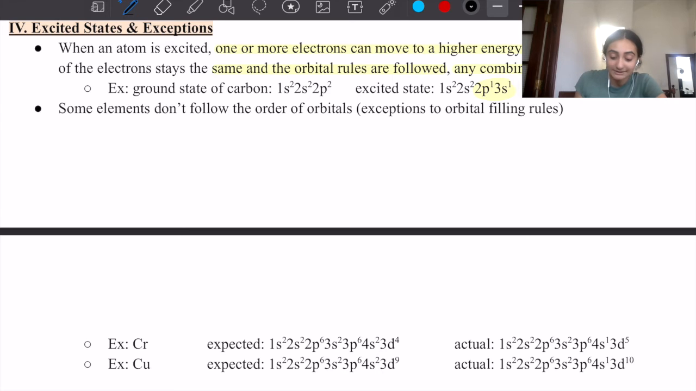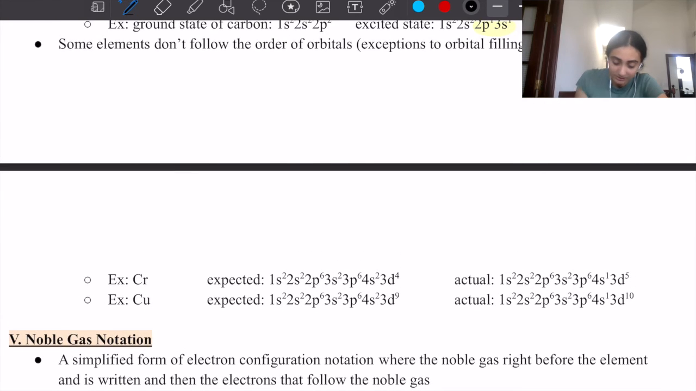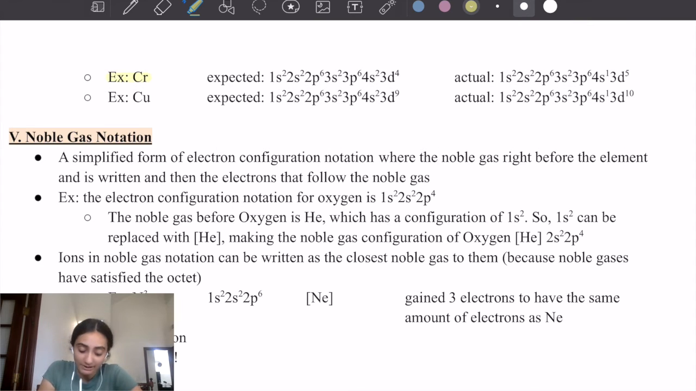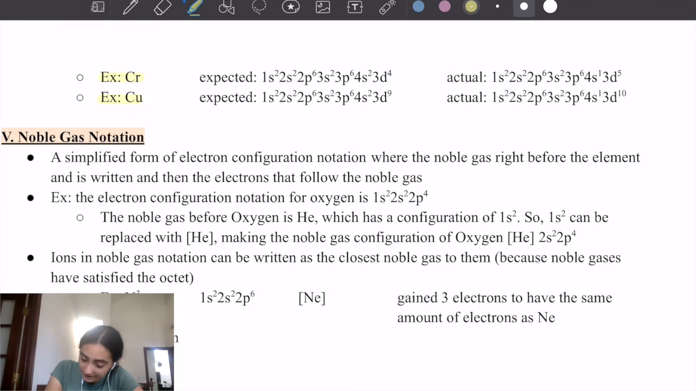And then there are also exceptions to the filling of orbitals, and these are normally transition metals. Examples include chromium and copper. For instance, with chromium, it is expected that the electron configuration notation would be 1s2, 2s2, 2p6, 3s2, 3p6, 4s2, 3d4. However, actually, one electron from the 4s orbital moves up to the 3d orbital to get 4s1,